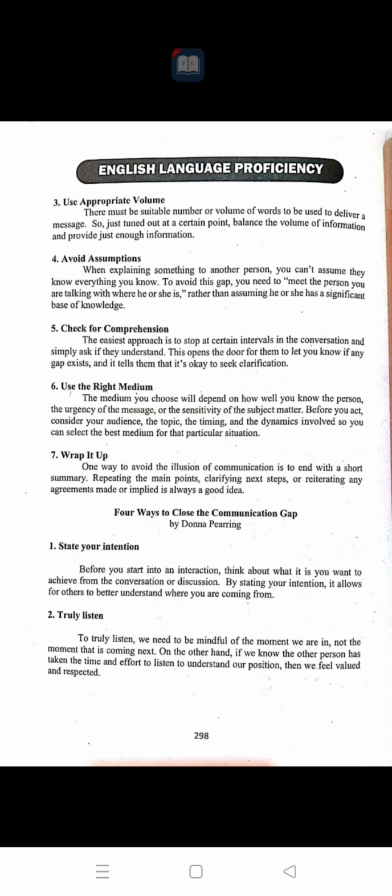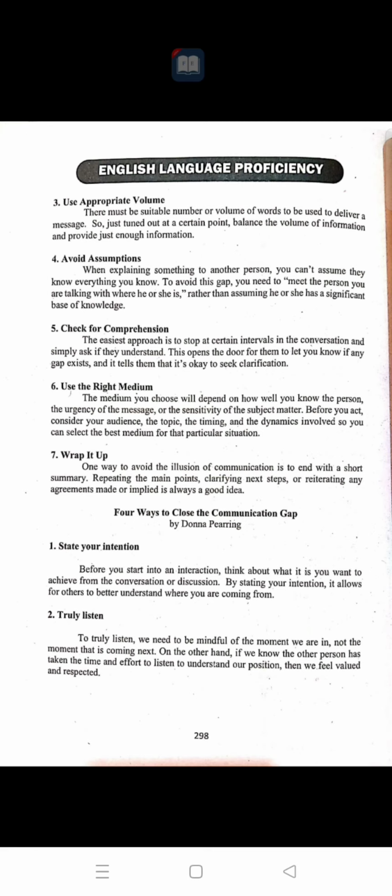When you say wrap it up, you have to summarize what you have talked about, kasi maraming mga listeners na sakalang nila maiintindihan yung information na kino-convey mo the moment na nag-wrap up ka na ng points mo. So, how do you wrap up? It's either you repeat the main points, you clarify the next steps, or pwede ring reiterate agreements.